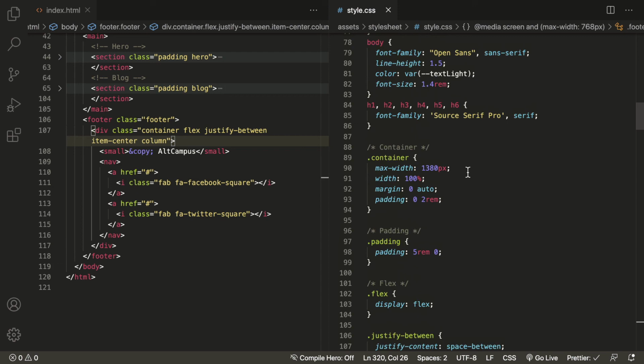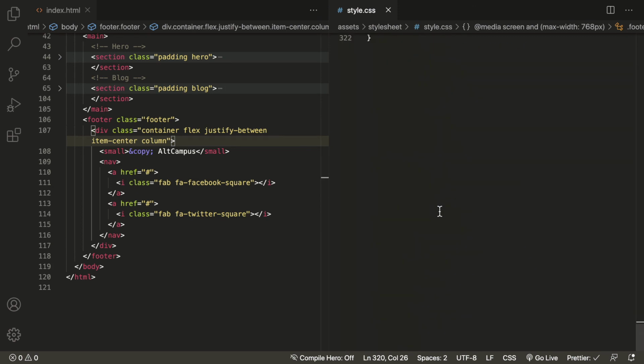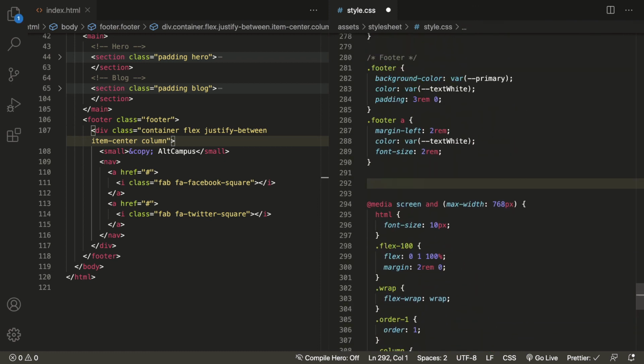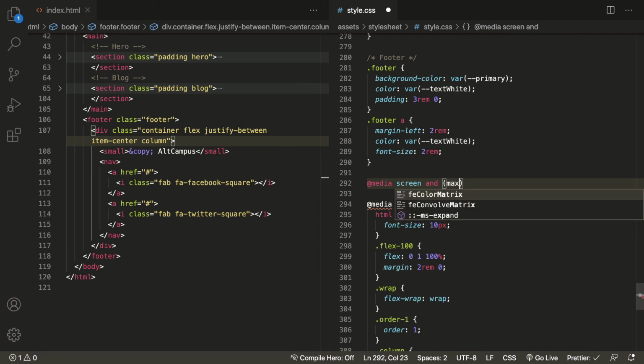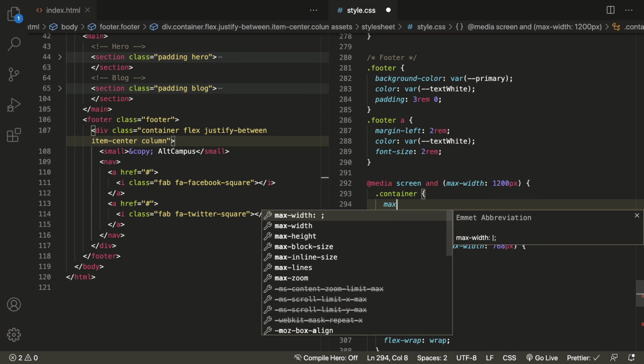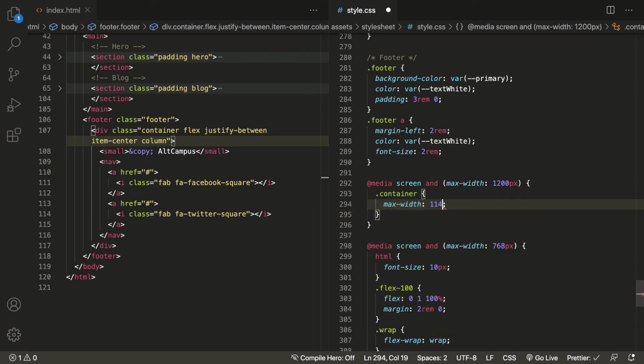So let's reduce the size of the container. These are the different breakpoints. So first of all, let's apply media query screen and max width of 1200 pixel. The container should be having max width of maybe 1140 pixel